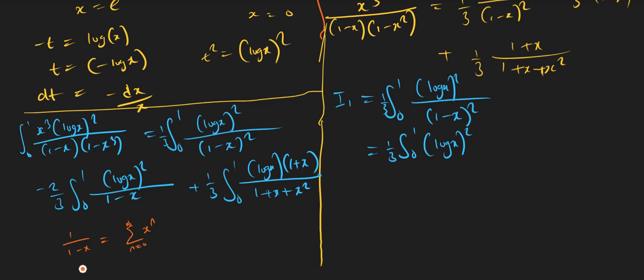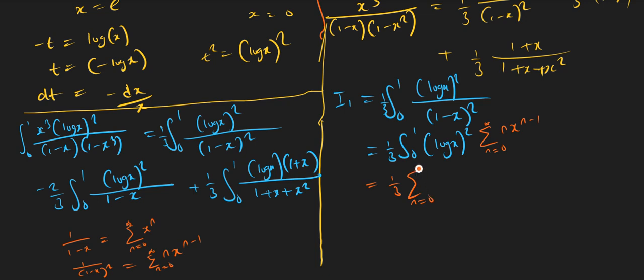Then if you take the derivative of this, 1 over 1 minus x all squared will be the sum as n runs from 0 to infinity of n x to the n minus 1. So we can continue and swap summation, and we get 1/3 of the sum